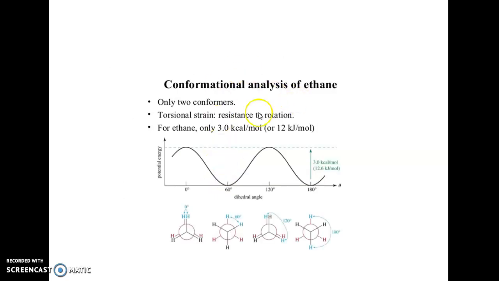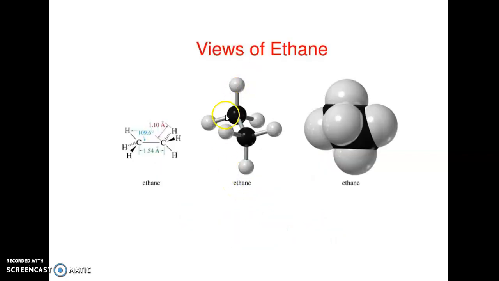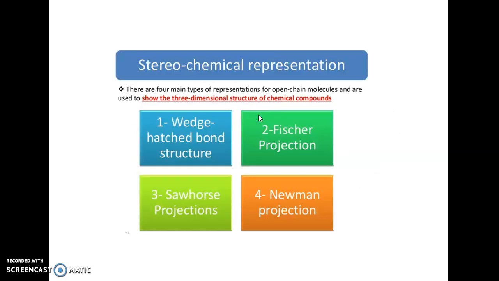And this is the conformational analysis by the plot. Here the potential energy, that is the interconversion energy, is plotted against the dihedral angle. We will discuss this later. And these are the views of ethane. This is the 3-dimensional view, and this is the ball stick model, which can be viewed in a 3-dimensional way. I have already shown this in your class yesterday.